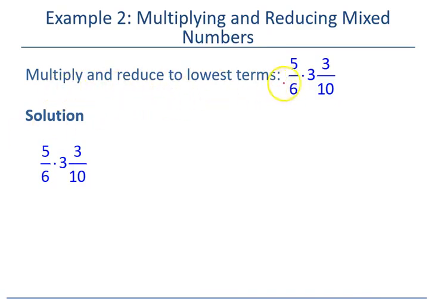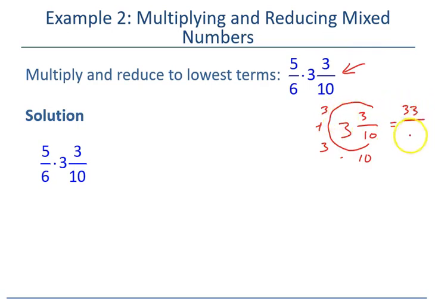So continuing on, let's do another one here. Multiply and reduce to lowest terms. First off, notice we're going to have to change this one right here into an improper fraction. I've got 3 3/10, which we should know from the last example, but let's be intentional and do everything separately. So I've got 10 times 3 plus 3, so 10 times 3 is 30, plus 3 is 33, so I have 33/10. So my problem here is going to be 5/6 times